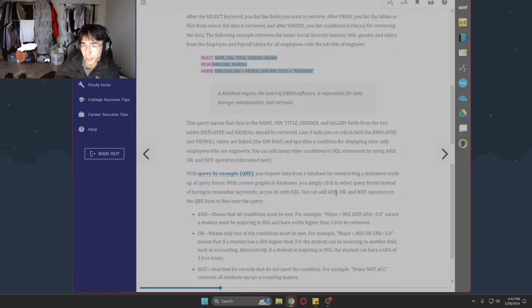You cannot add and not operators to the QBE form. Fine-tune the query. And means that all conditions must be met. For example, major equals MIS and GPA is greater than 3.8 means a student must be majoring in MIS and have a GPA higher than 3.8 to be